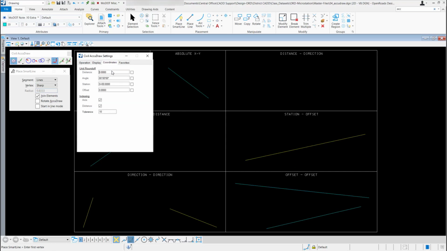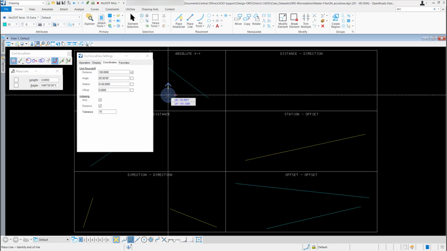Under the Coordinates tab, first you have the unit round-offs. You have distance, angle, station, and offset. They all work similar. I'm going to show you the distance option. If I come in here and type 100 feet and hit enter to turn it on, I'm just going to come out here and select my place line tool. Now when I left click to start my line and I start dragging it out, you can see it's trying to jump every 100 feet.